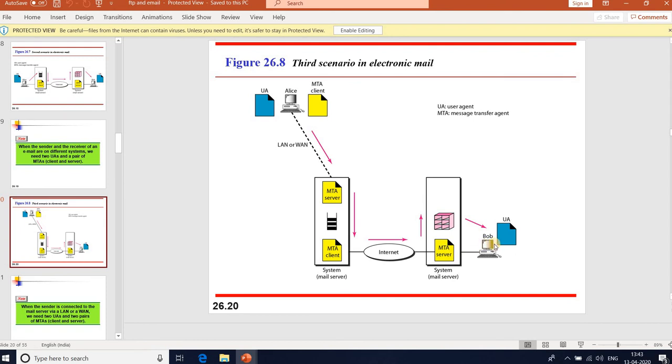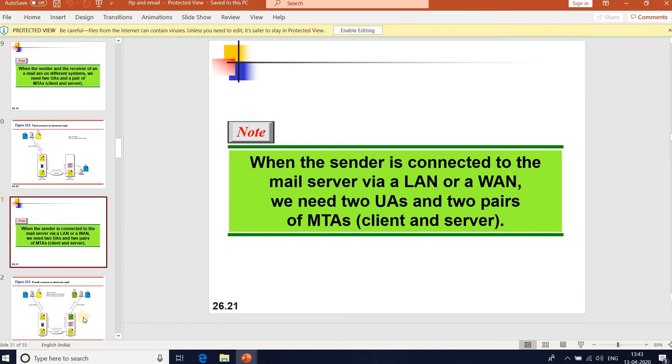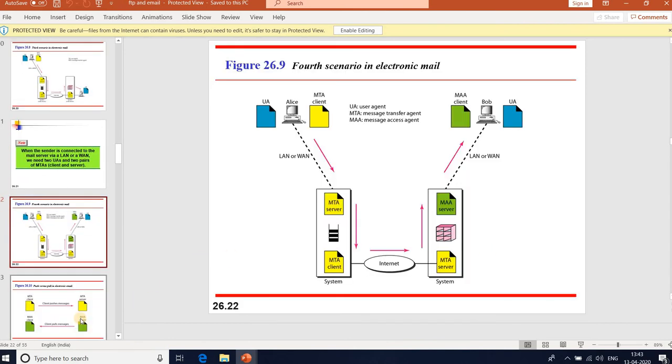Coming to the fourth scenario, Bob is also connected to his mail server by WAN or LAN. In the previous scenario only Alice is connected, but here in the fourth scenario, Bob and Alice both are connected to the mail server by WAN or LAN.